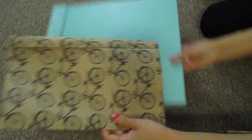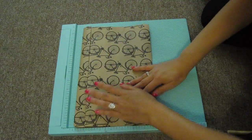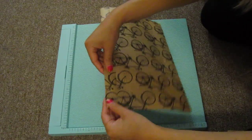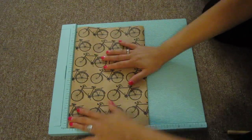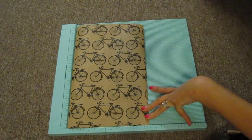So from here, now that our little baggie is decently straight enough, we can go ahead and score, which I don't think I cut this side right. I'm gonna score here anyways. So you see how it's nicely flat against the board? So from there,